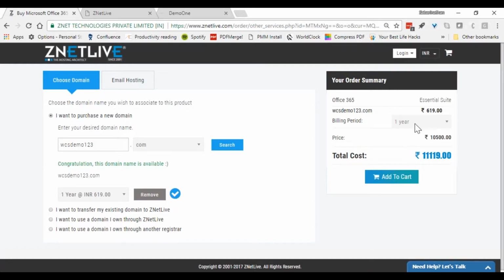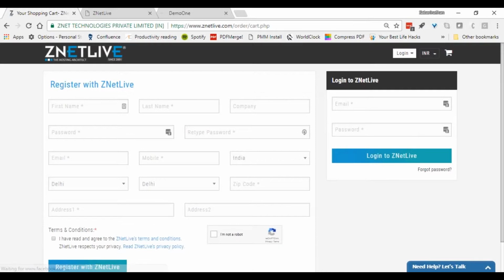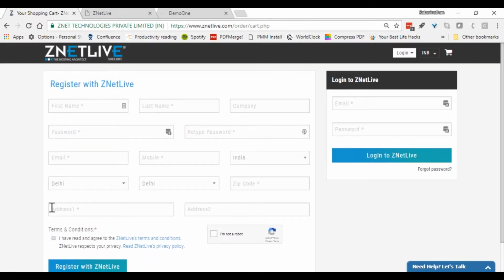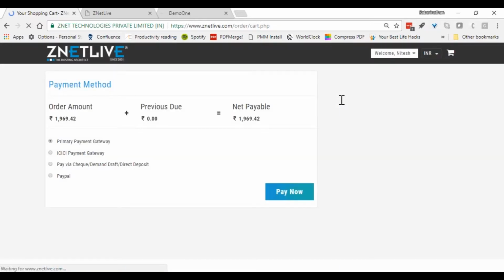Okay, so the customer now decides to say, okay, I'm happy with the monthly payment plan, this is the total pricing, etc. And now this is the onboarding form. This is exactly how the customer is able to get onboarded onto the RackNav platform or registered into your systems, right? So with this, when the new customer puts in his details, it clicks on terms and conditions and CAPTCHA for checks as well, then the customers actually register on the platform, right? So I'm just going to simulate the behavior of a customer where he's already registered with Zenith Live.